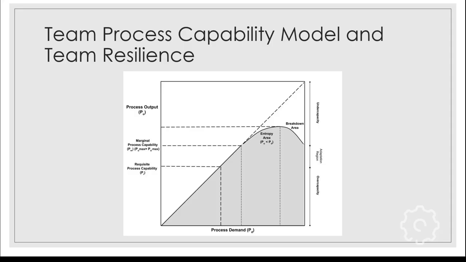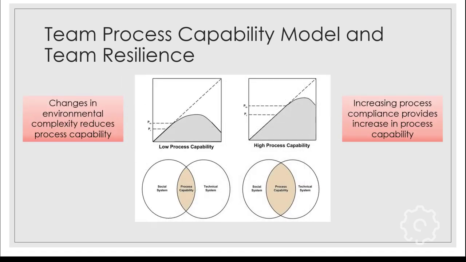begins to break down. If we were to use this within resilience terms, the point where we start to see stress is at the requisite process capability area. But once we get past the marginal process capability area, the stress becomes such that the team can no longer cope anymore. So now they begin to do survival strategies by using instinctive behaviors that may be different than their processes tell them to. This is where process compliance begins to break down. Then once you get to the entropy area, they begin to use these processes less and less and start to resort to more survival-based instincts up to a point when the whole system, the whole social technical system begins to